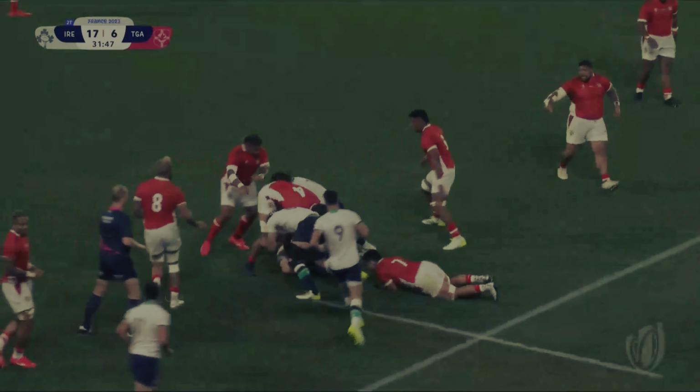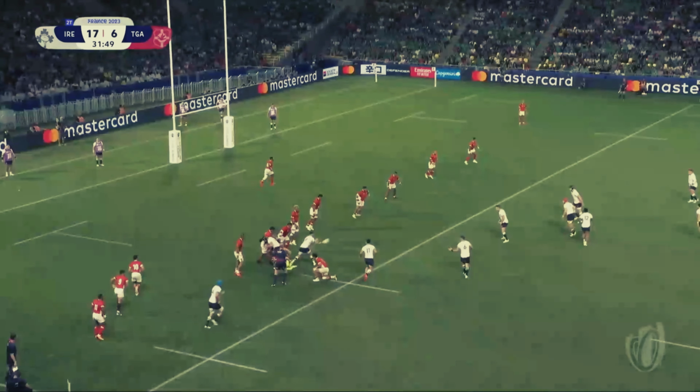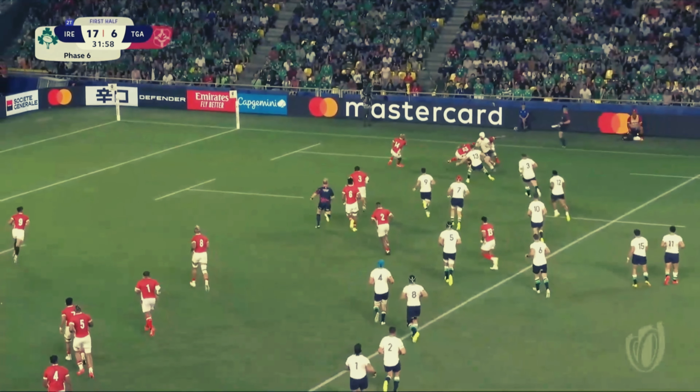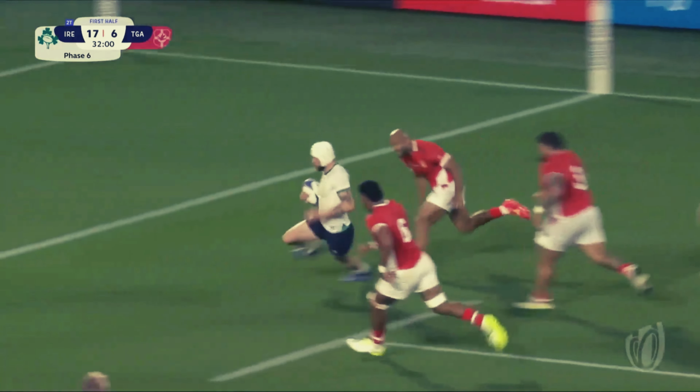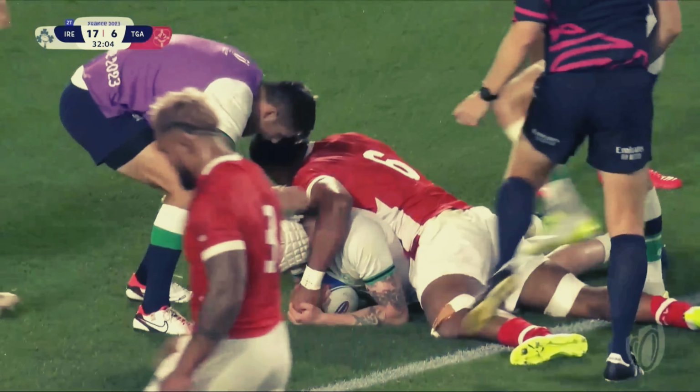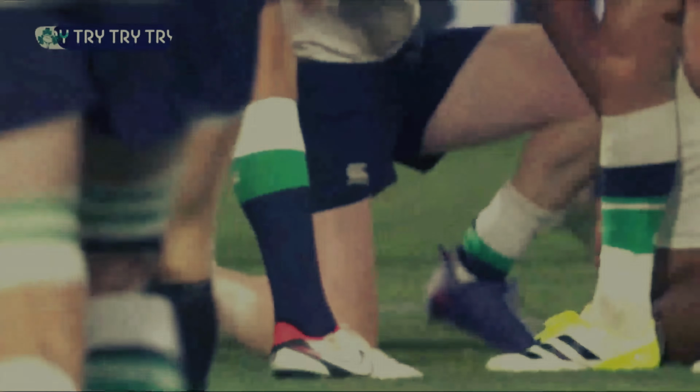Kelleher. Ireland hunting a third try here. Aki. Good hands from Keenan. Ringrose flicks it onto Mac Hansen. Mac Hansen with some footwork. Cuts inside. Mac Hansen! Oh, that's brilliant! What a